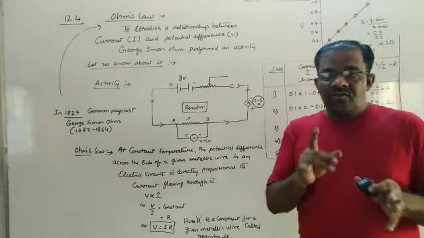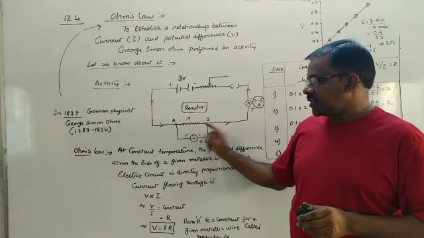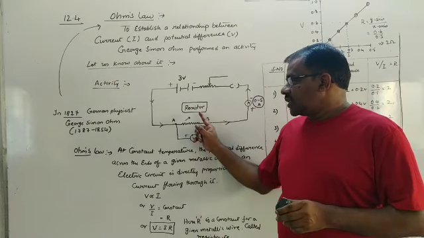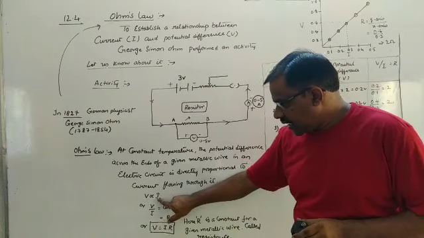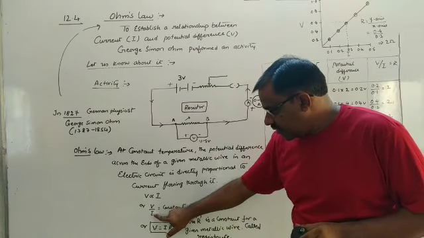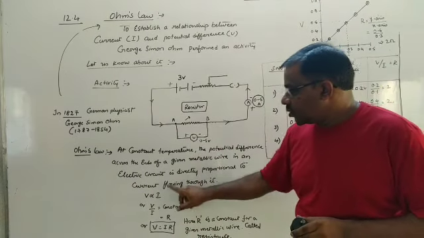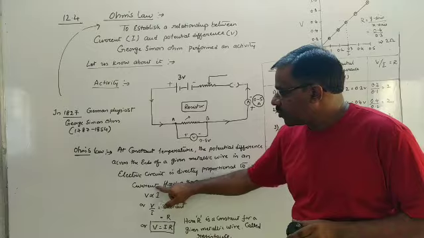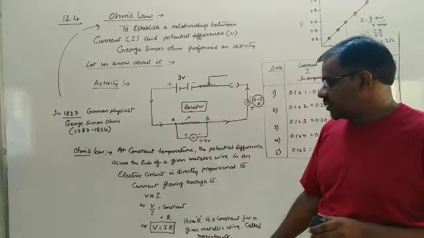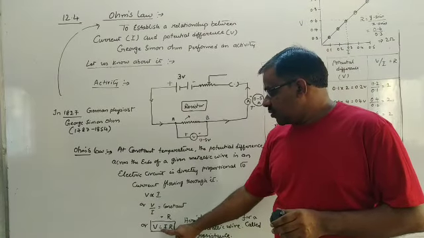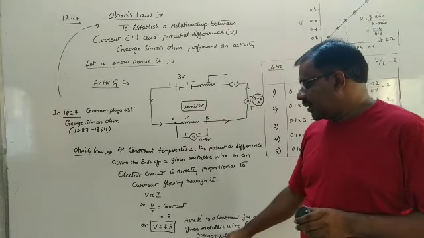From Ohm's law, we need to derive 2 important things. We need to find out the resistance offered by this unknown resistor, and second, we need to establish a relation between V and I. According to this law, if potential difference is directly proportional to current, then V by I will be a constant, which is equal to the resistance of this resistor. So using Ohm's law, we are trying to prove V is proportional to I, and using the same law, we are trying to find the value of the unknown resistance. According to Ohm's law, V is equal to I into R. Here R is called a constant of the given metallic wire, called resistance.